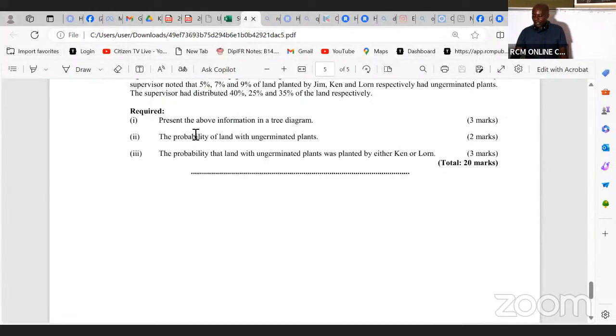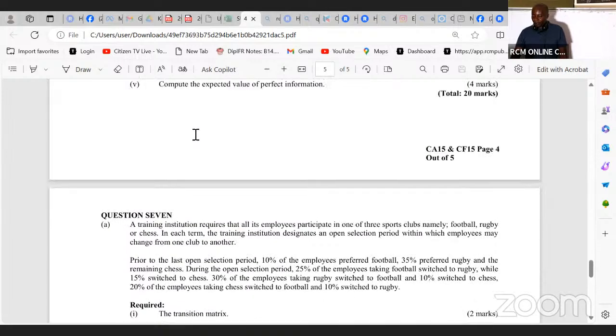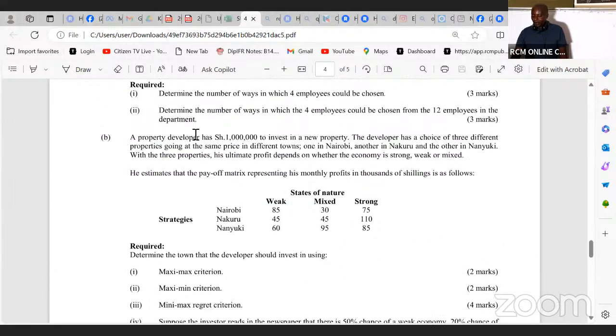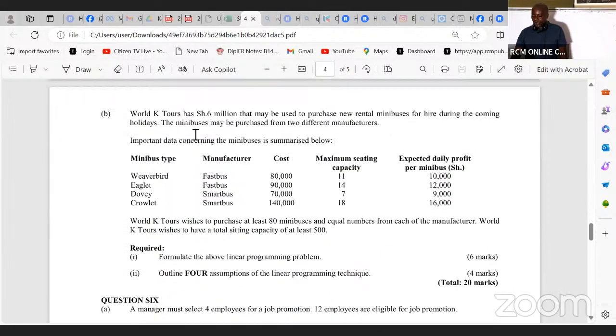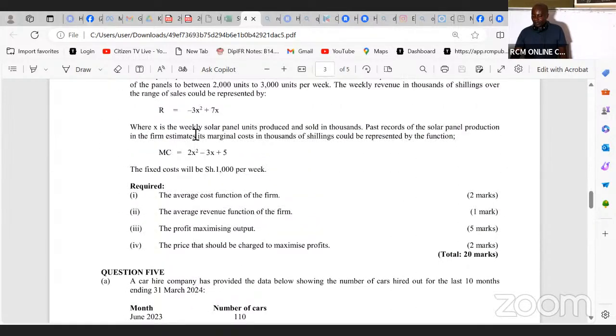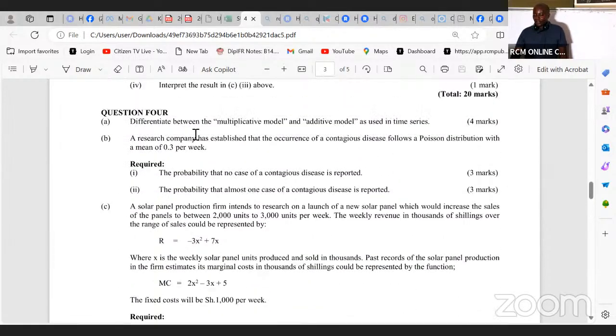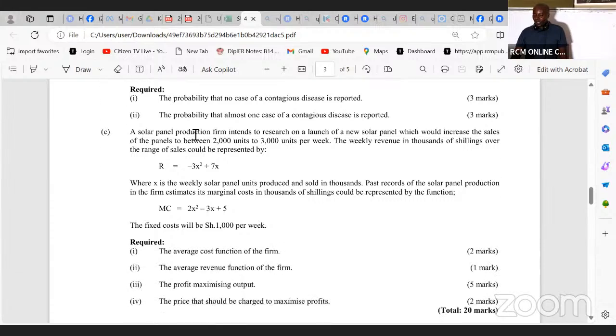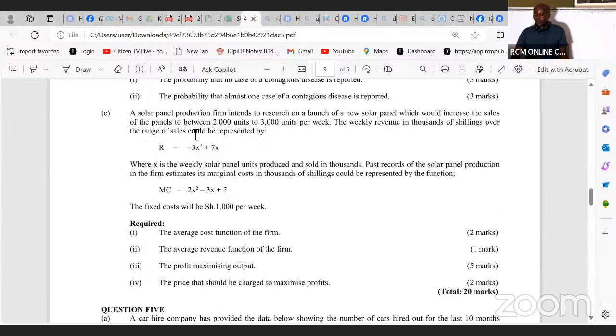What I would want you to appreciate is this question here that was tested. This was question number 4C. Question number 4C reads, a solar panel production farm